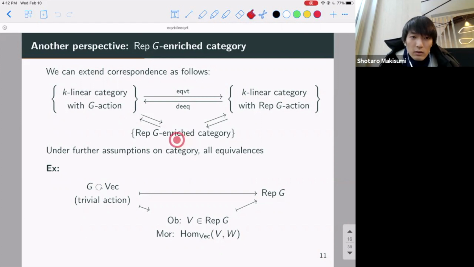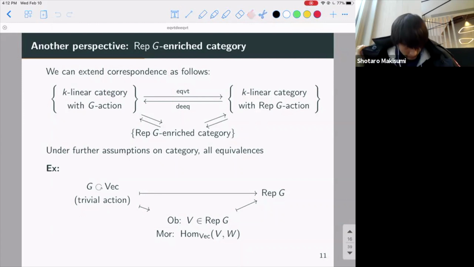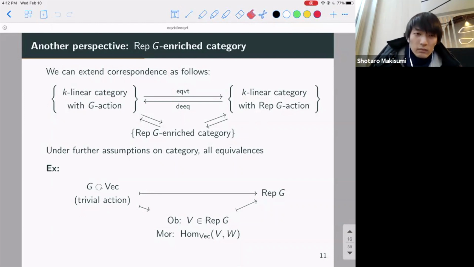No, but that's different. I think you're working in a dual setting. Yes, you're right. Where instead of being enriched in Rep G, you're thinking of a G-enriched category, isn't it? Sorry, Mackey's right. I think I'm at the bottom. No, you're not thinking of Rep G enriched. I think you're really thinking of a G-enriched category, which is also something that exists.